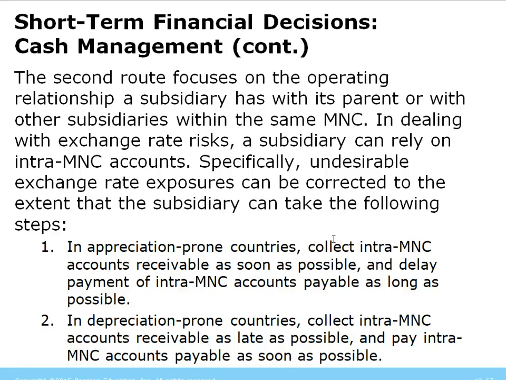In a depreciation-prone country, the United States would usually be in appreciation, and say Venezuela or Argentina or maybe Egypt would be a depreciation-prone country, then they would want to collect the MNC accounts receivable as late as possible and pay the MNC accounts payable as soon as possible to take advantage of the appreciation or depreciation